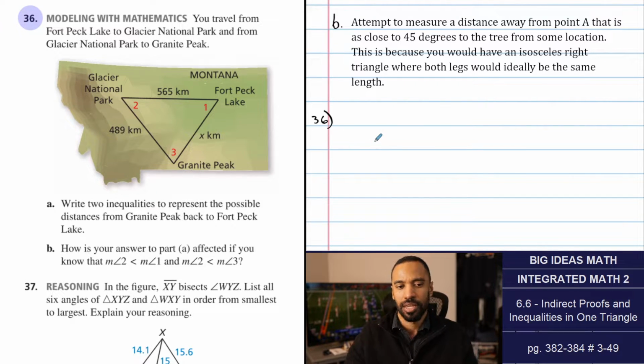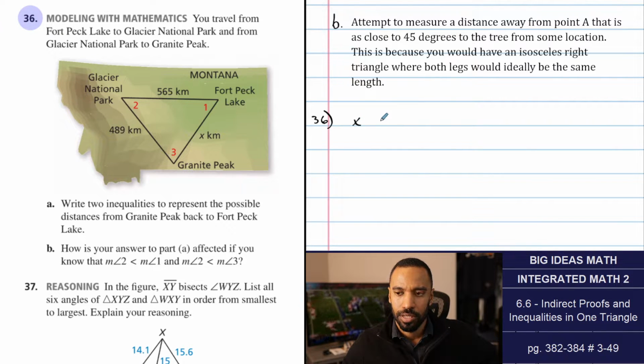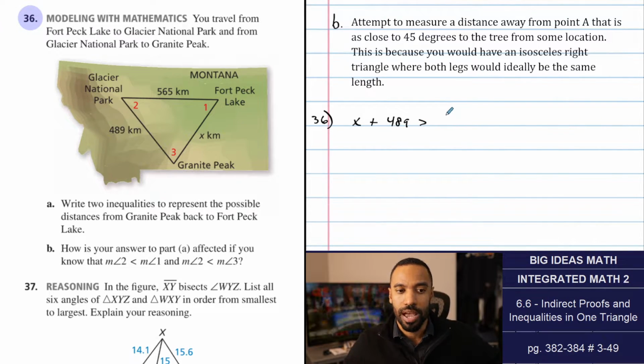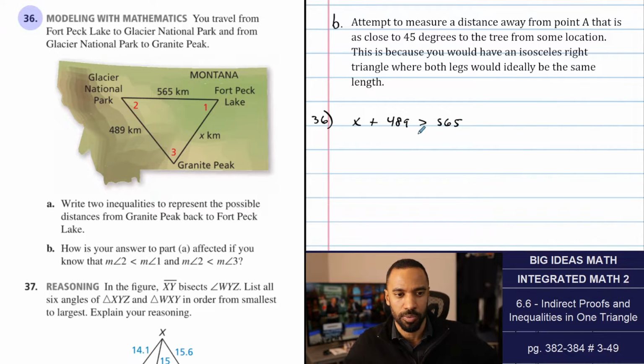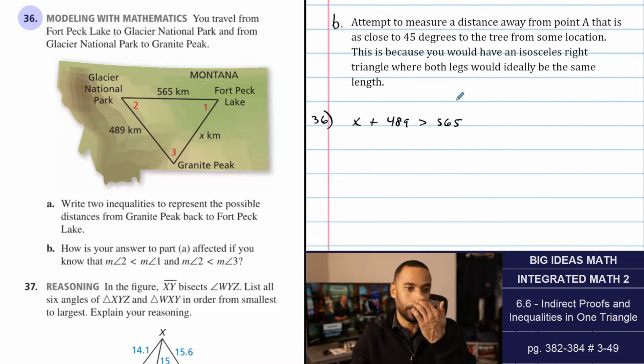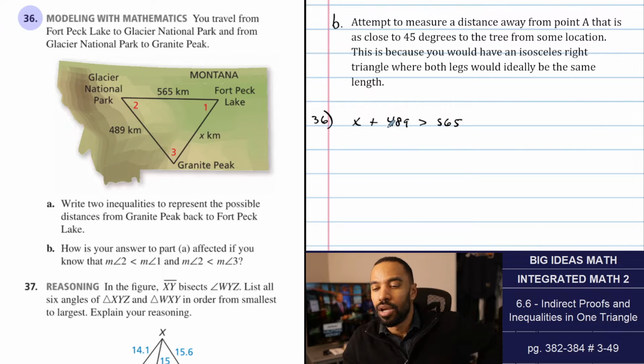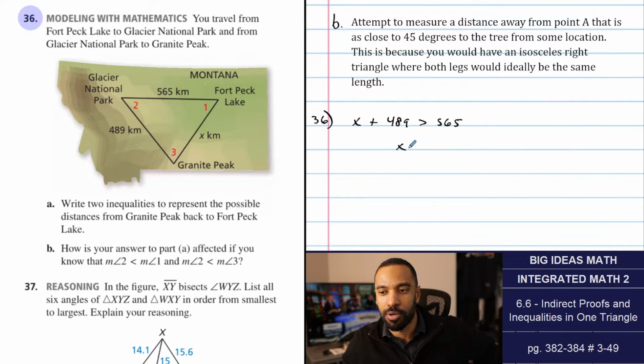So x here, if x was added with 489, that would have to, in order to make this a triangle of sorts to go from one to the other, be greater than 565. We're going to find the shortest possible thing that this was, because ideally you could have gone there and kind of straight back. Maybe Granite Peak is right next to Fort Peck Lake. But if I subtract 489 from both sides, don't make me do this math, you get 76